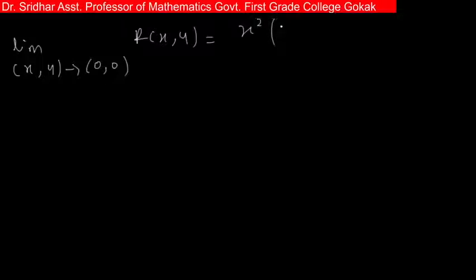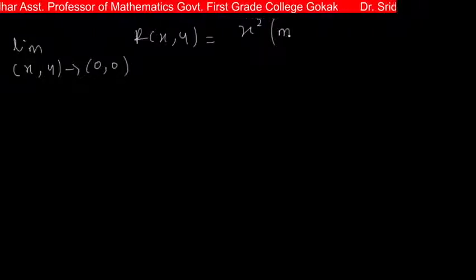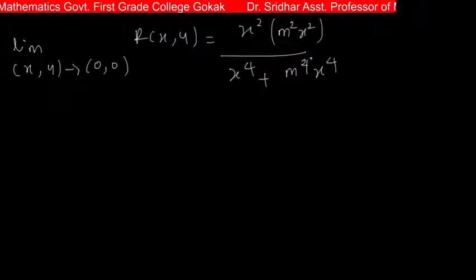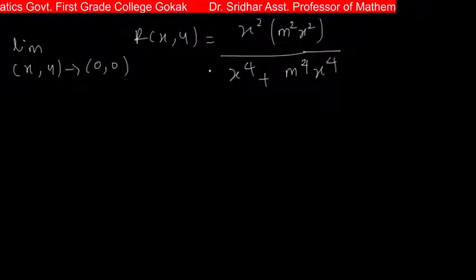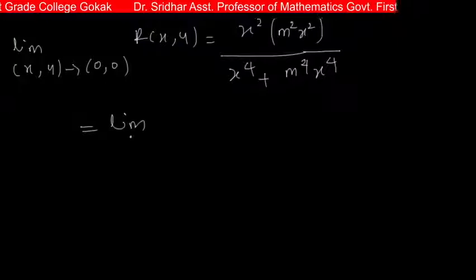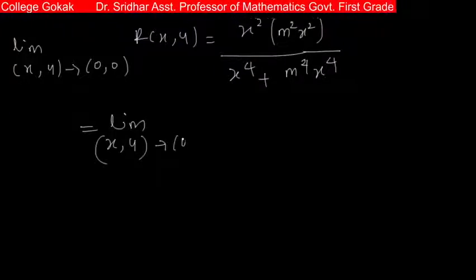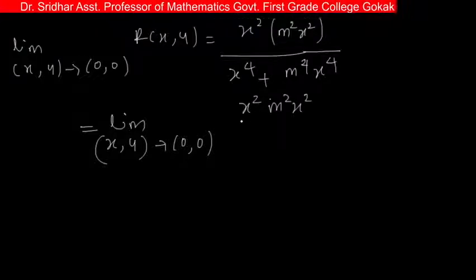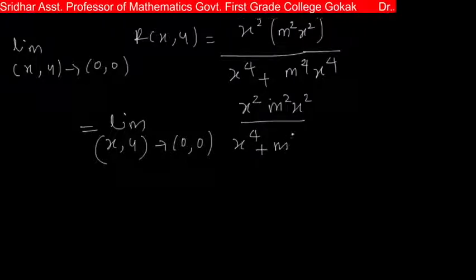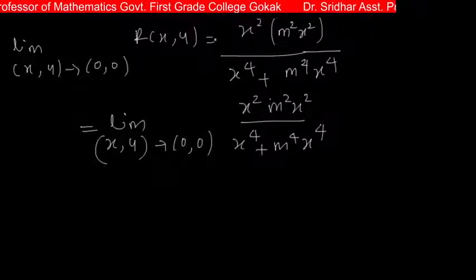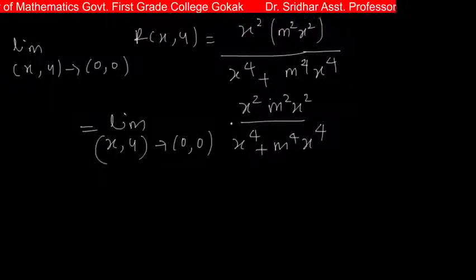Here x squared y squared becomes m squared x squared, divided by x raised to 4 plus m raised to 4 x raised to 4. Actually I have to write the limit here. So now this can be written as